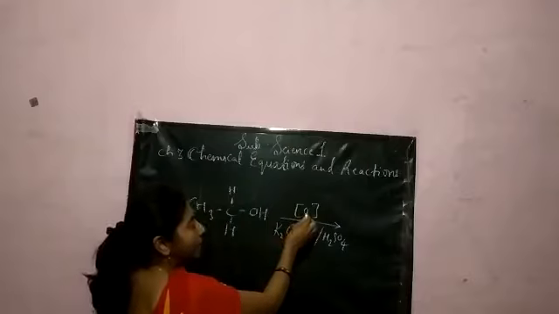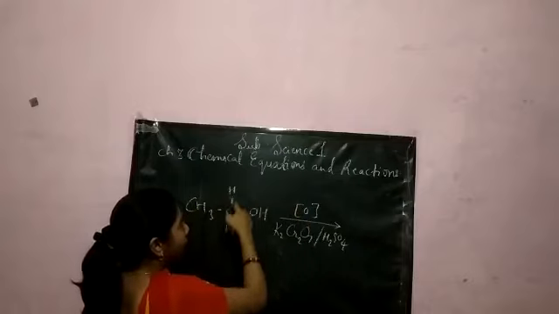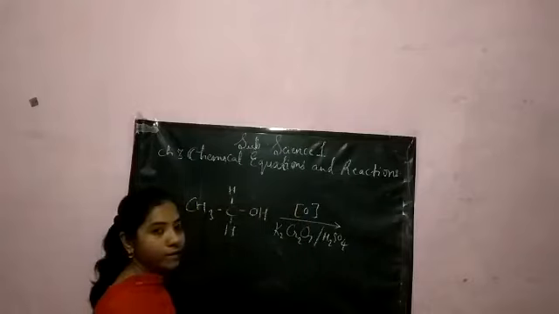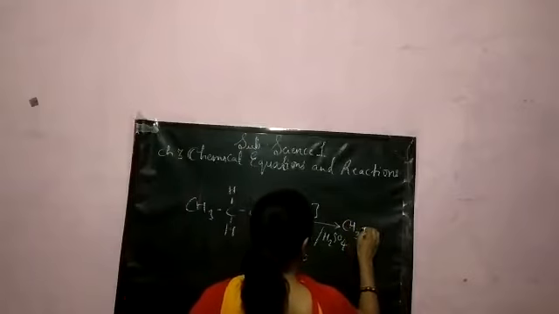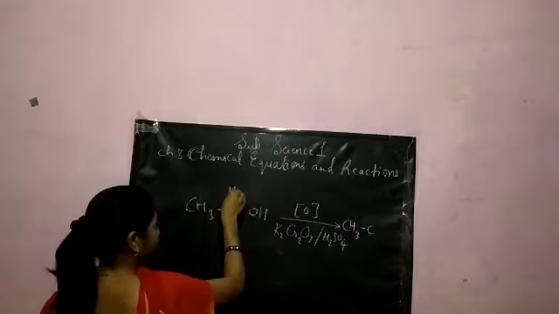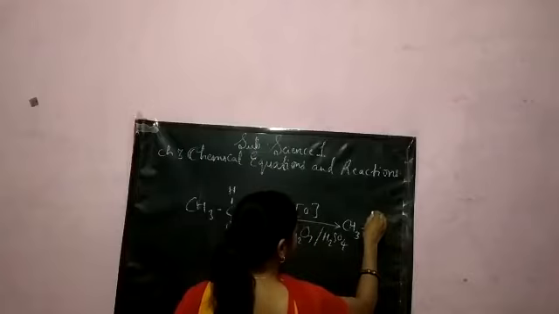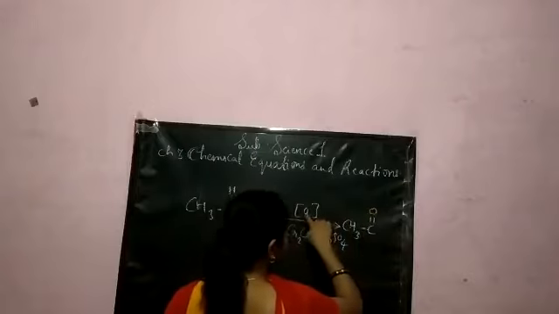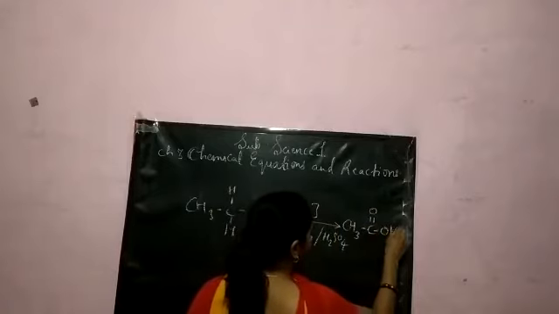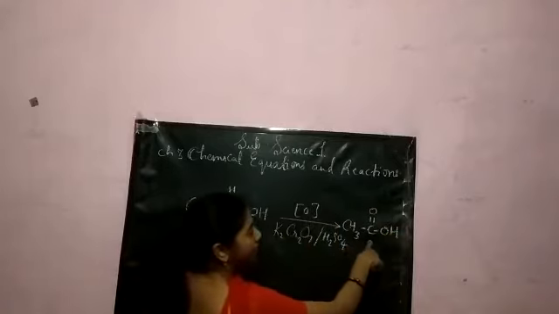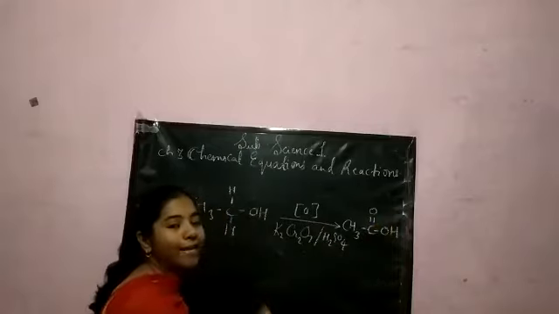So now this nascent oxygen will remove these hydrogen atoms which are present over here, and then a double bond will be produced. It will result into formation of acetic acid. This hydrogen and this hydrogen will be removed now, and then it will result into formation of double bond with O. This nascent oxygen will come over here and this OH which is already there in the reactant side. So this is how formation of CH3COOH acetic acid will take place, and this is also an example of